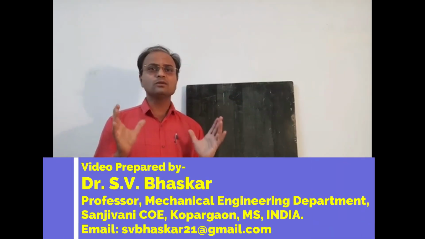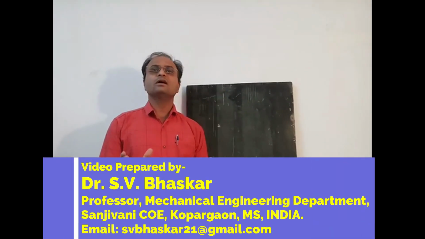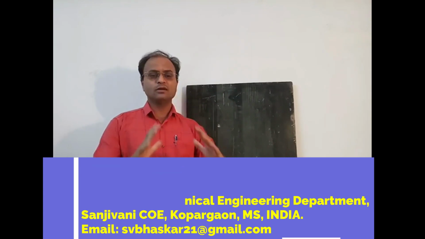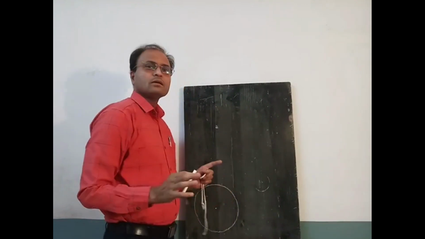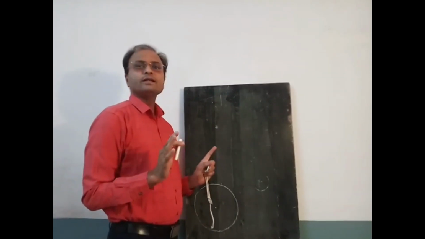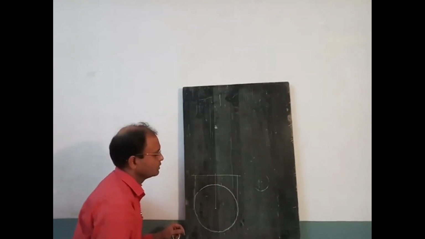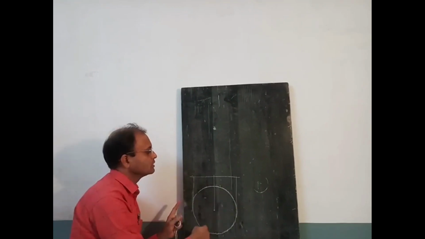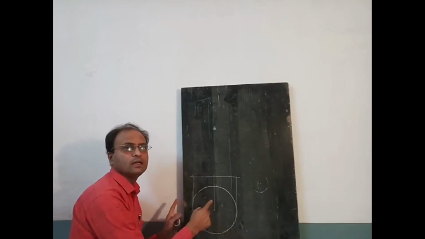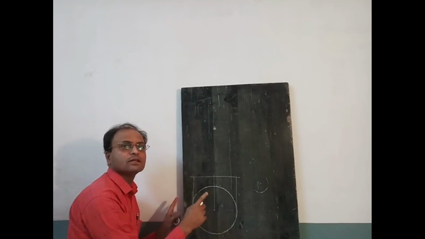In the statement it is mentioned that the cone is resting on its base on HP. So as it is resting on the horizontal plane, we have to first start with the top view. Then we have to obtain its front view. Divide the top view of this cone into 12 equal parts, which represent 12 generators.